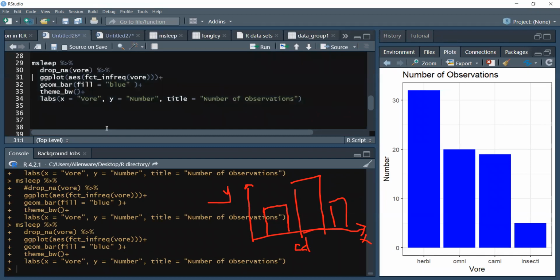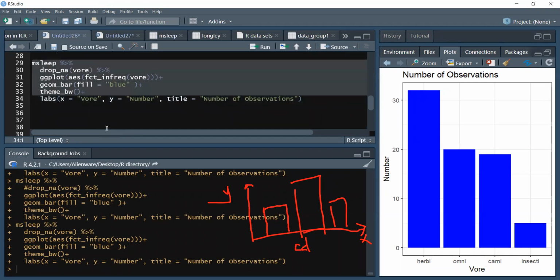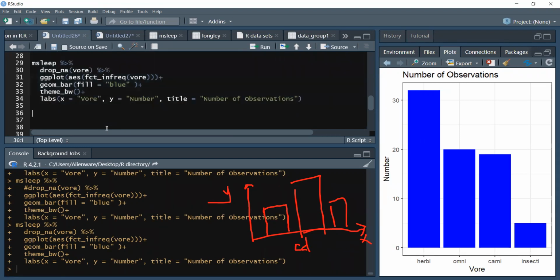So what I can do, I think I can copy this now, right? I can copy it, right? Or let's just do this from scratch. So let's say M sleep. I'll type it now, isn't it? Let me type it. Oh, sorry. If this does not work here, it means let me go